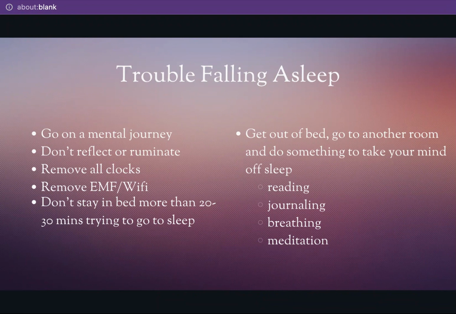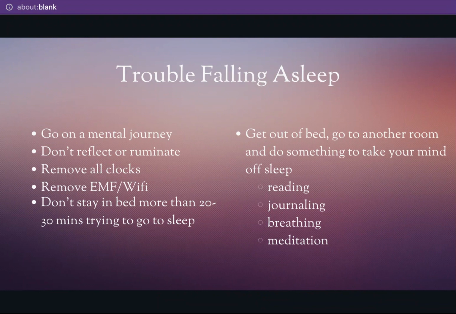What that basically means is, you think about something that is somewhat mundane, but something routine, and allow your mind to just wander, not necessarily worrying or fixating on something. For example, one of the things I like to think about is my route when I'm walking and the different routes I can take. I just replay that in my mind and allow my body to naturally go to sleep.